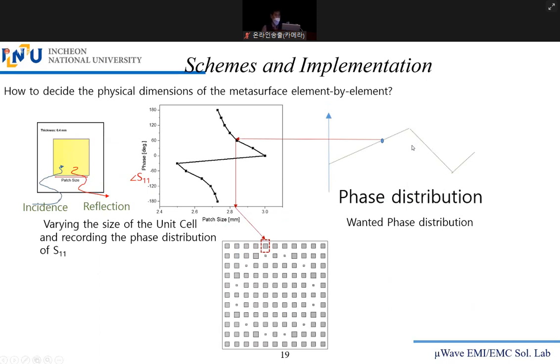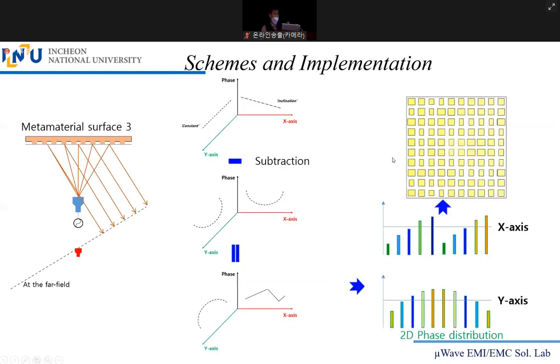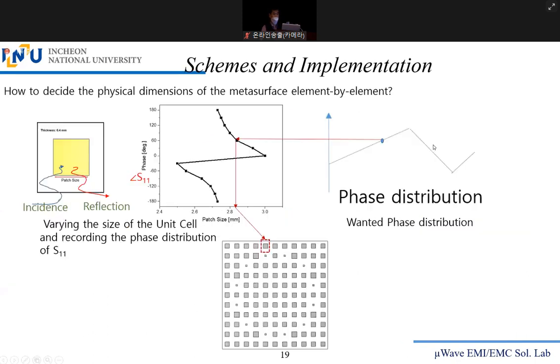So if you are filming this, but you cannot figure out how you can determine the sizes or the geometry of the unit cell, this is called the unit cell. And another very kind step to explain how we can determine the size, actually the shape of the unit cell. This is metal. It is called a metallized patch.